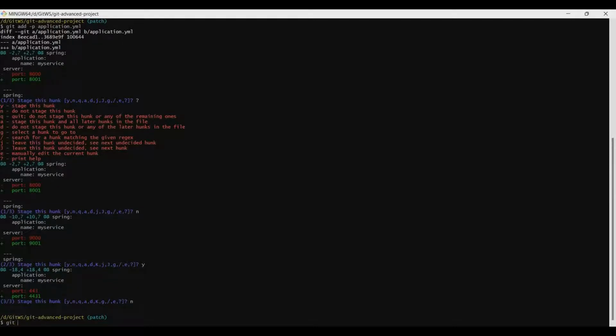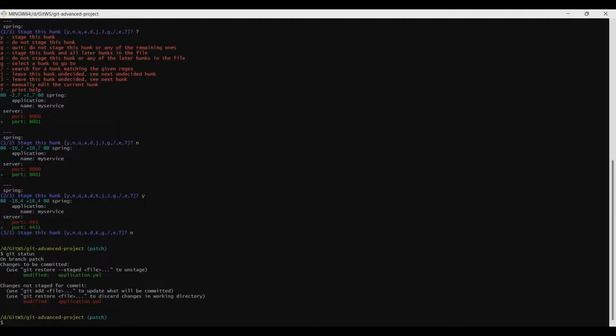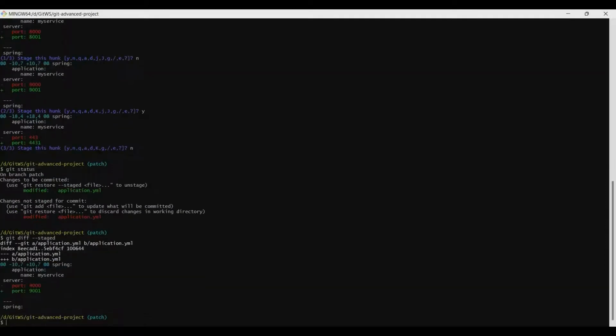If I do git status, now you'll see the same file present in the staging area as well as the modified area. If I do git diff --staged, you see the staged portion only includes the one that I wanted to commit, the one with the port 9000 changed to port 9001.